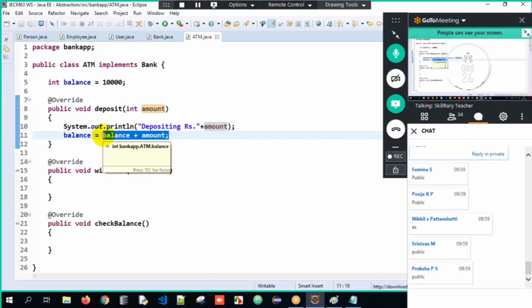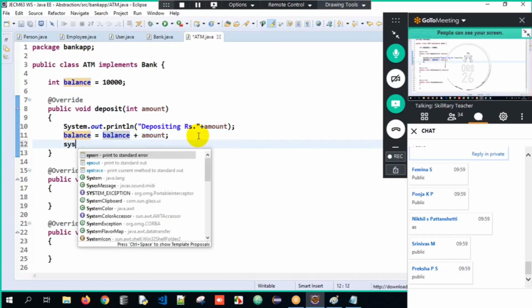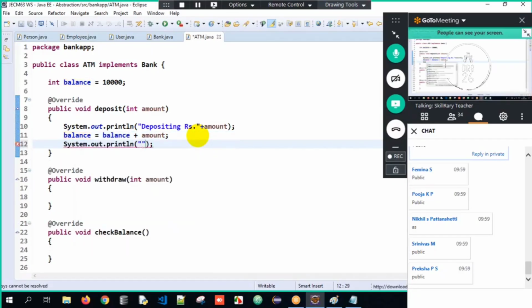That has to get reflected back to your main balance. So that is nothing but 15,000. Got it. So this is what we are supposed to understand. So lastly, I will write amount deposited successfully. I'll just write it as this data here.